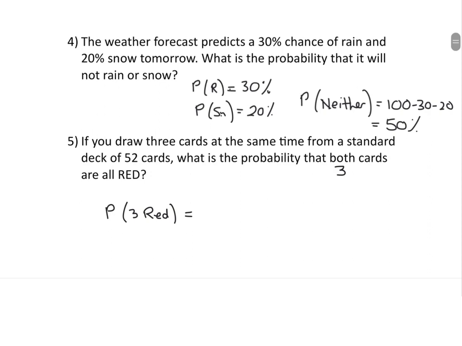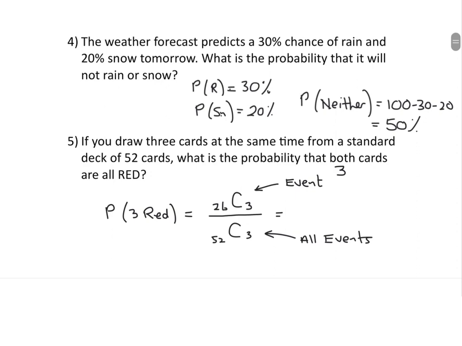So we can actually say, well, there's 26 red cards, and we're choosing 3. All right, 26 red cards altogether, and we're choosing 3, divided by there's 52 cards altogether, and we're still choosing 3. So this is the ways that can happen of the event that we're interested in. We want 3 reds. And this on the bottom is all events. So that's the way probability works. The number of events divided by the number of all the events. And this equals